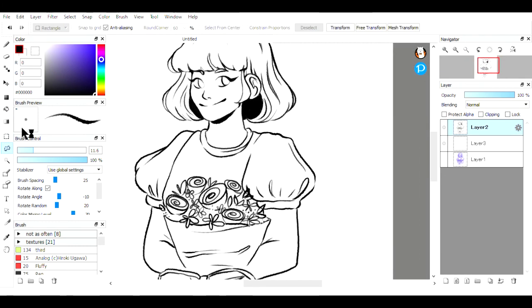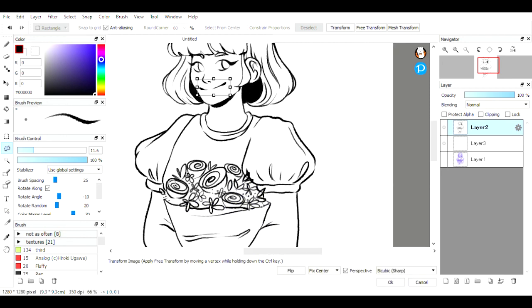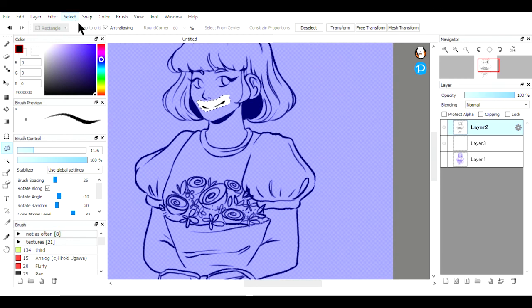But first, I'm going to make some changes to the line work using this transform filter, and this is the tool I was talking about that FireAlpaca gives you, and it basically allows you to move around small elements and edit small elements of your drawing without affecting everything else,